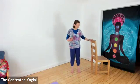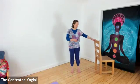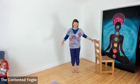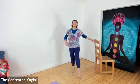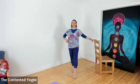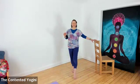So I'm going to stay with my chair on this side, but if you want to swap to using a different support or the wall, you can. We're going to take the opposite foot across the body and stand tall, find that lift, and then on your next breath in, taking your opposite foot around the body to the back. At the end of the movement, pause briefly, and then breathing out as you draw your foot along the floor to the front of the body and